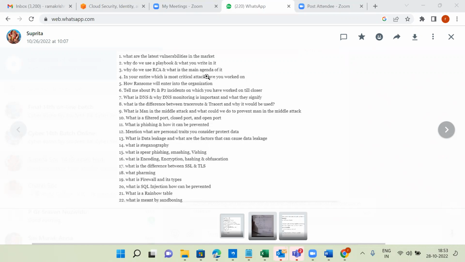Sir, if they ask what is the difference between RCA and the playbook? A playbook is process oriented, so it may be applicable to false positives and true positives. On the other hand, RCA documents are dedicatedly applicable to true positives. Something has been compromised, and whenever any issue comes, how to fix that particular issue or problem.